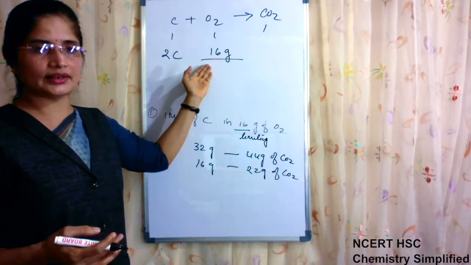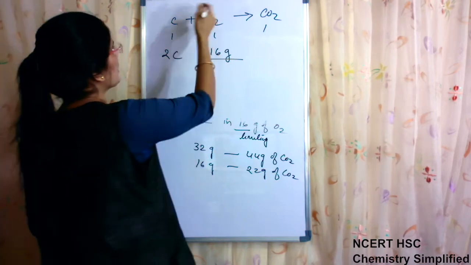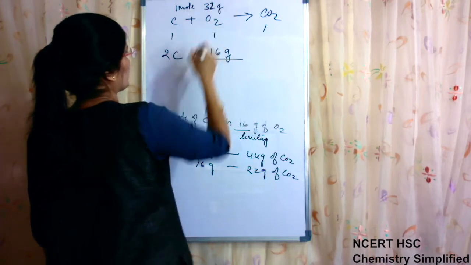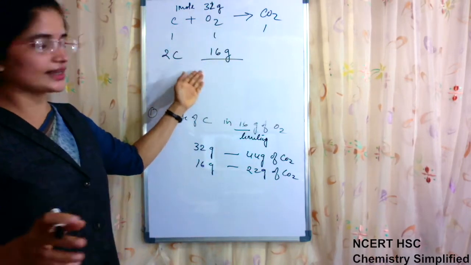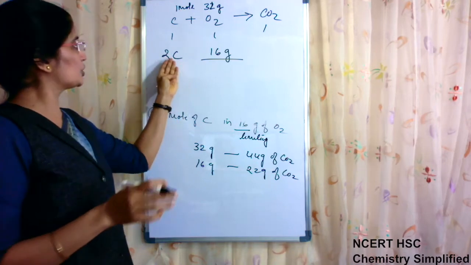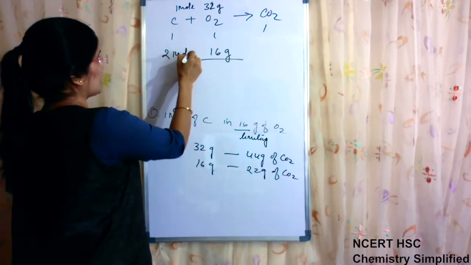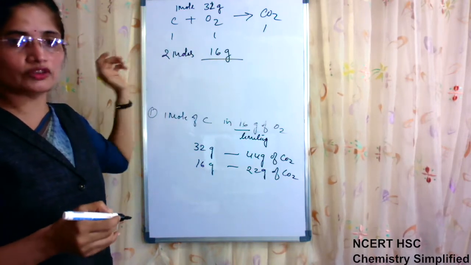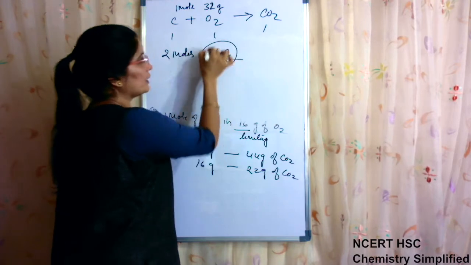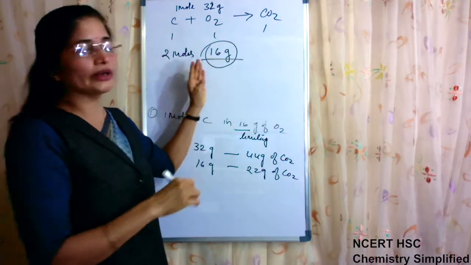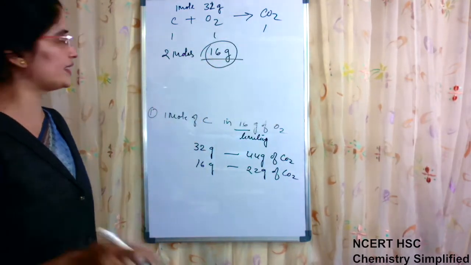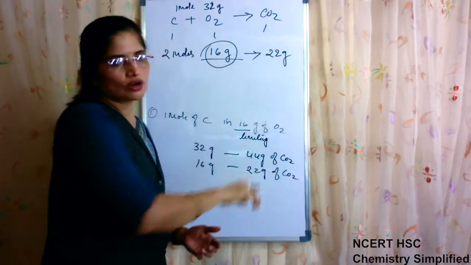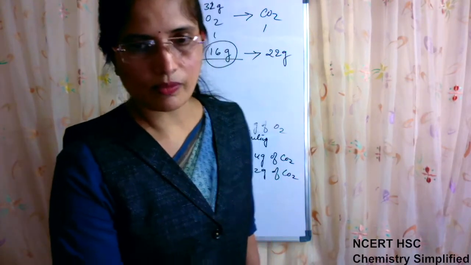Maybe it is 2 moles but oxygen available is just 16 grams. So oxygen is acting here as limiting reagent, because actually for 1 mole we require oxygen 32 grams. And in this case, what they are showing, 2 moles of carbon are reacting with 16 grams. So no matter this is available 2 moles, 3 mole, 4 mole, 5 mole. If it is available only 16 grams, then product will be formed according to the limiting reagent always. So again, for 16 grams, we will be getting 22 grams of CO2. Okay.